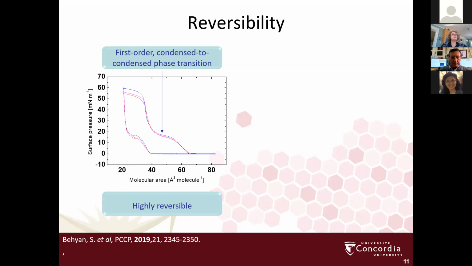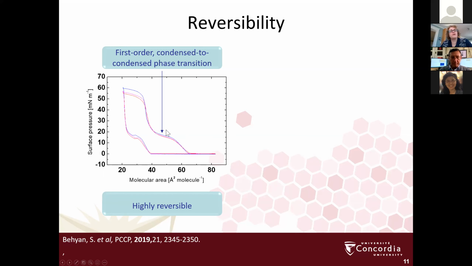So if we look at this, you would think that with this crystalline bilayer or multilayer formation that we're seeing, it might be slow, or rather non-reversible. But in fact, this is fully reversible. So we see a series of compression-expansion curves here, and we can go up and down this many times. I've only shown 3. There's a very slight change in the collapse pressure, but nothing else throughout this.